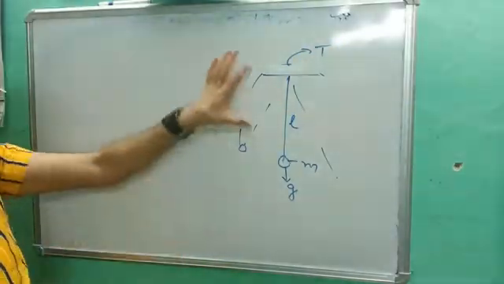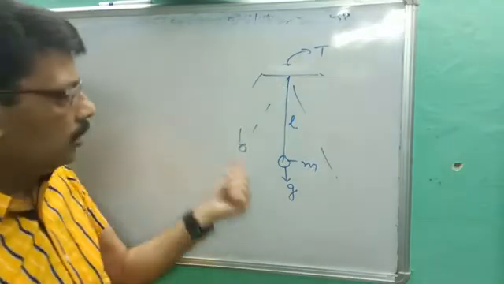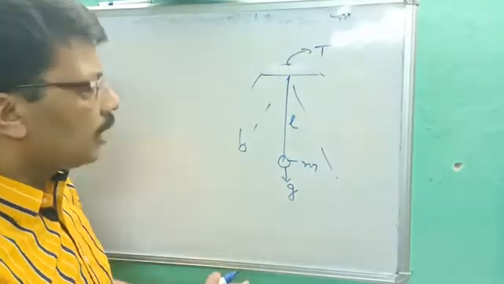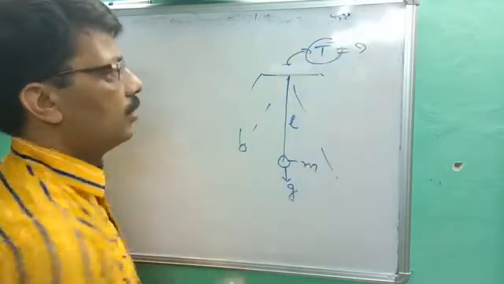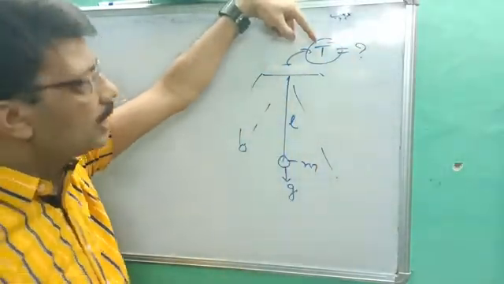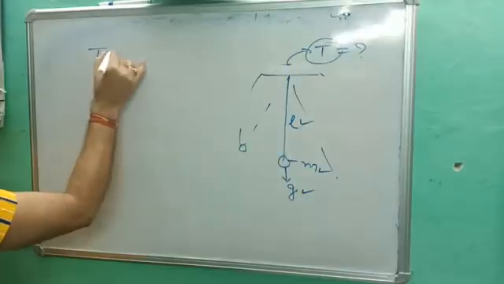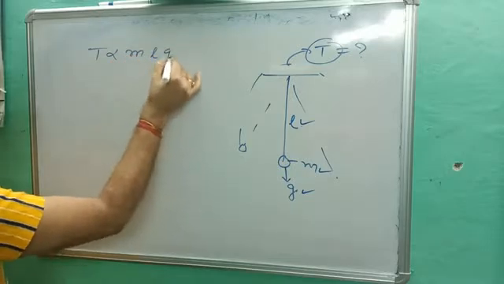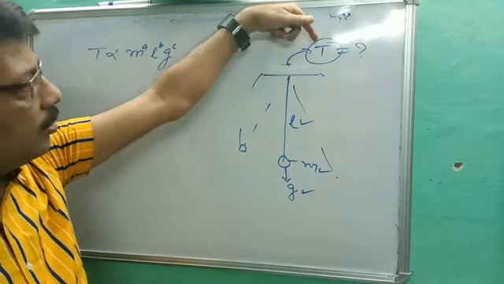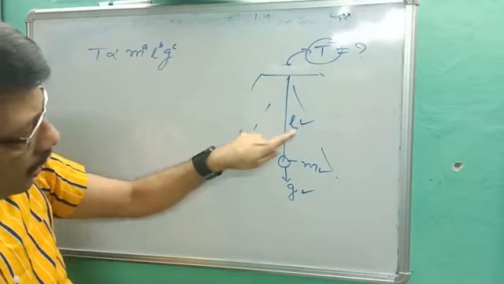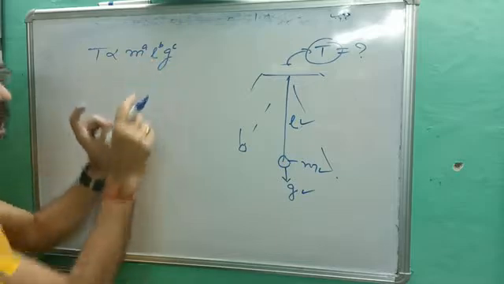Once again, if a bob of mass m hangs by a thread or string of length L, with gravitational acceleration g, and it makes oscillations, I ask you to find the time period formula for that. So we have to start from here. We are asking about the time period, which depends on L, m, g. You will start from here. T is proportional to m, L, g with powers a, b, c. Very easy. There is no order. You can write L, m, g or m, L, g or g, m, L. All have the same answer.